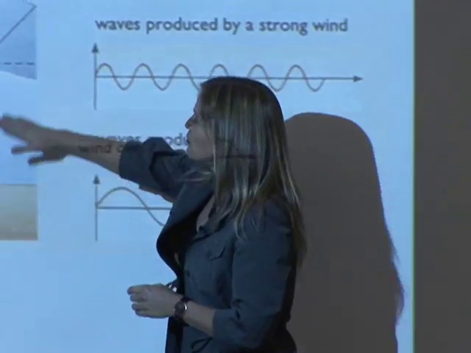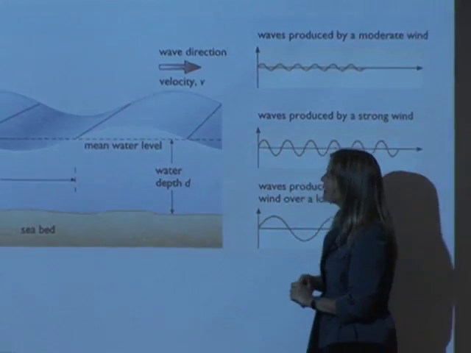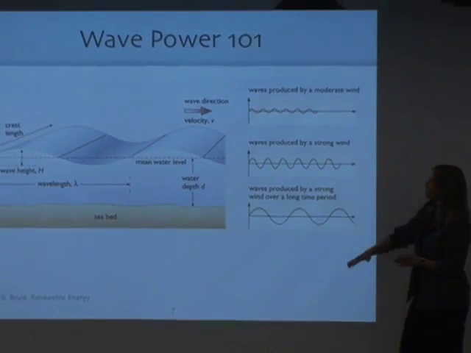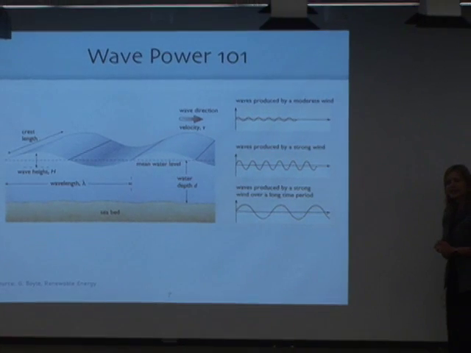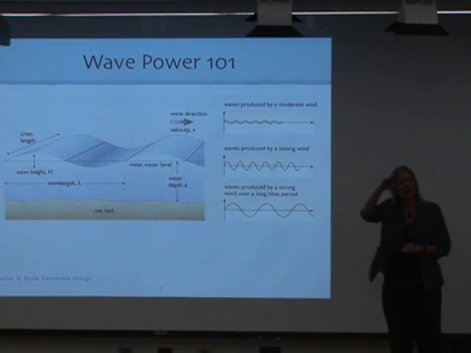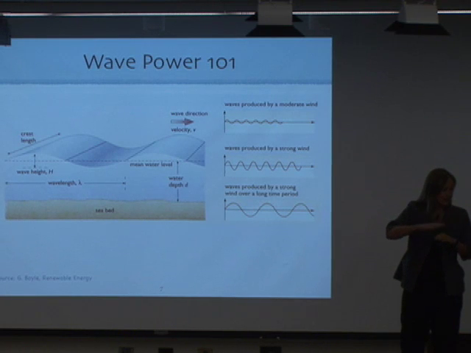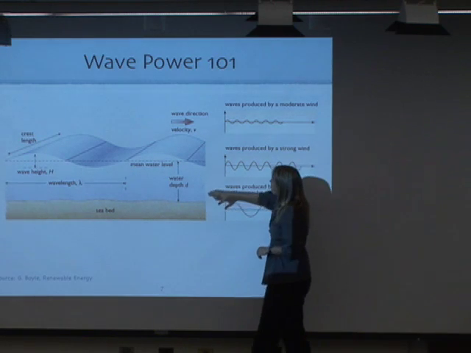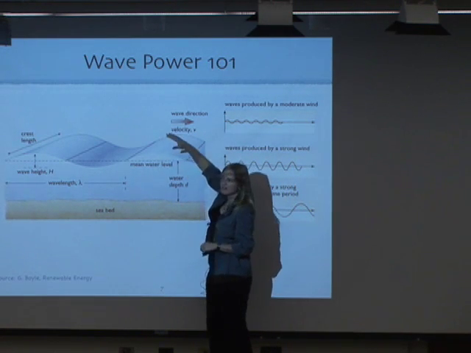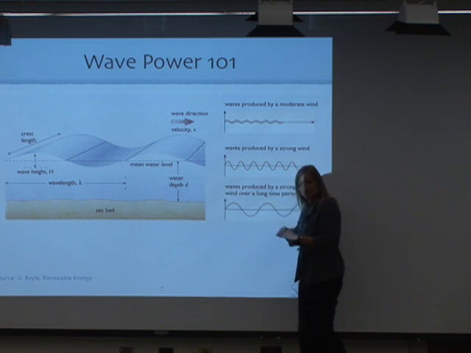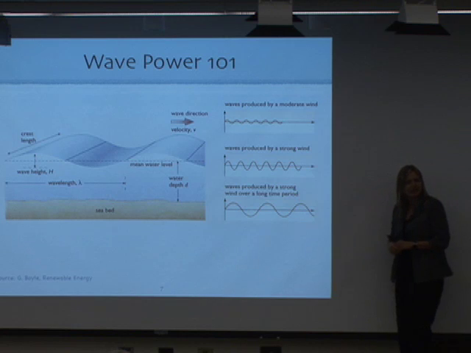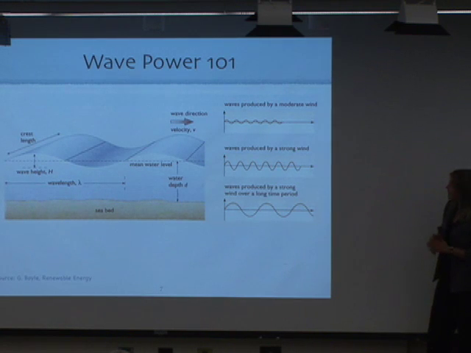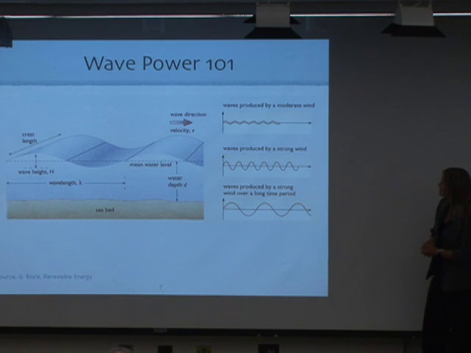Okay, so wave power 101. Let's look at waves. Here is a schematic of a wave. It's in a certain water depth, has certain wavelengths, and a height. Water particles are just being pumped up and down, and people have been thinking for a long time now, how can we tap into that energy, right? So there's constantly various places in the ocean, big masses of water being lifted up and then lowered again. So every time potential energy is being created. Now, how would you tap into that? And how much energy really is stored in this?